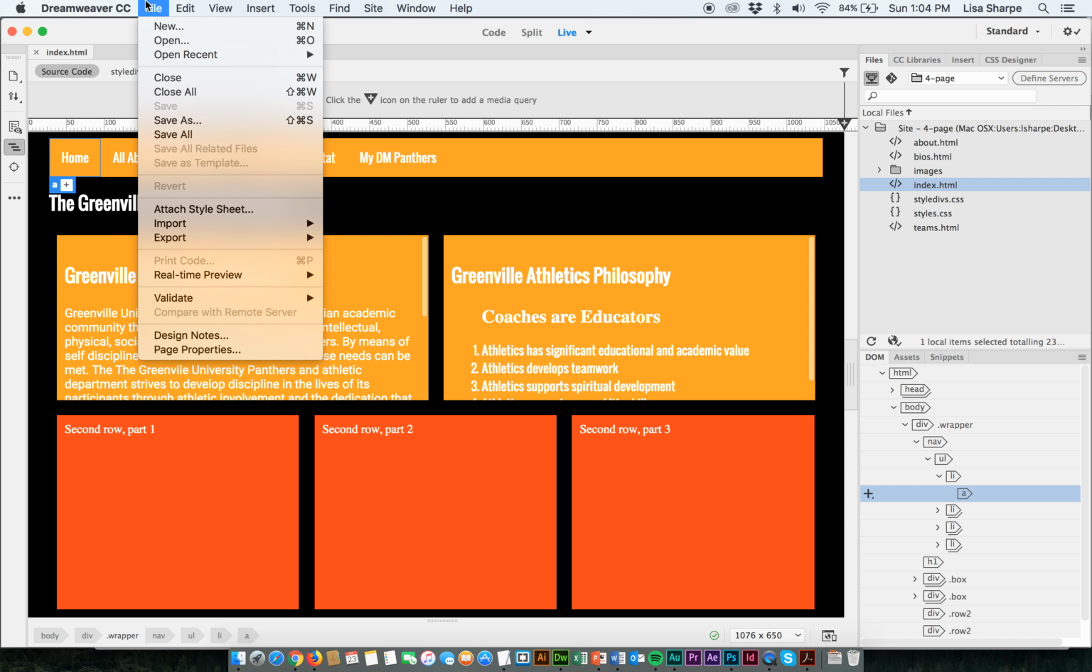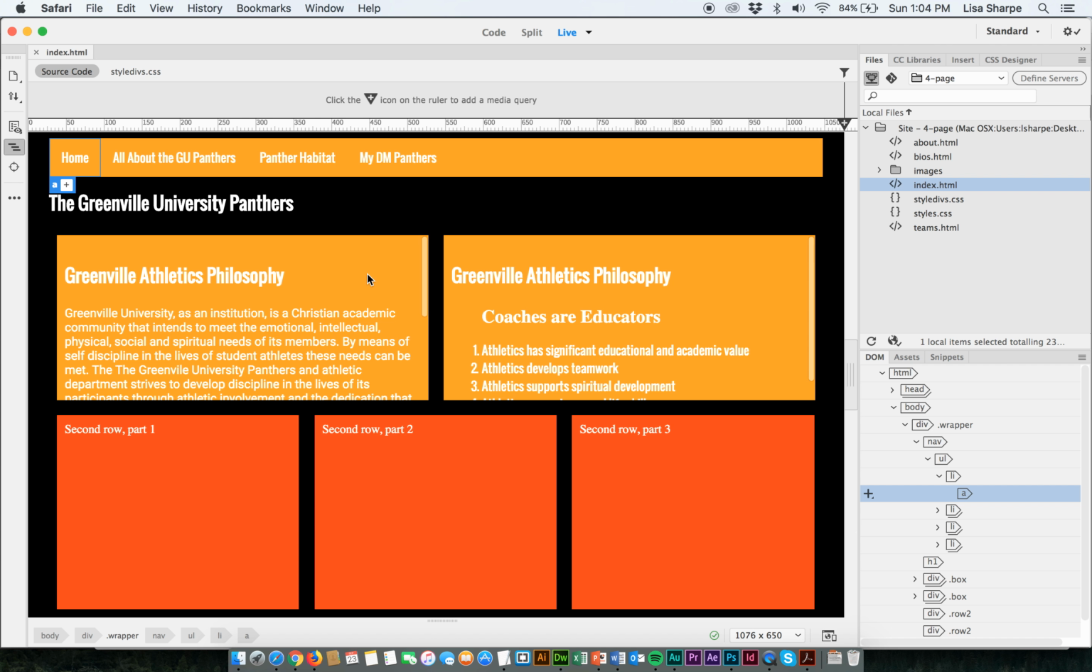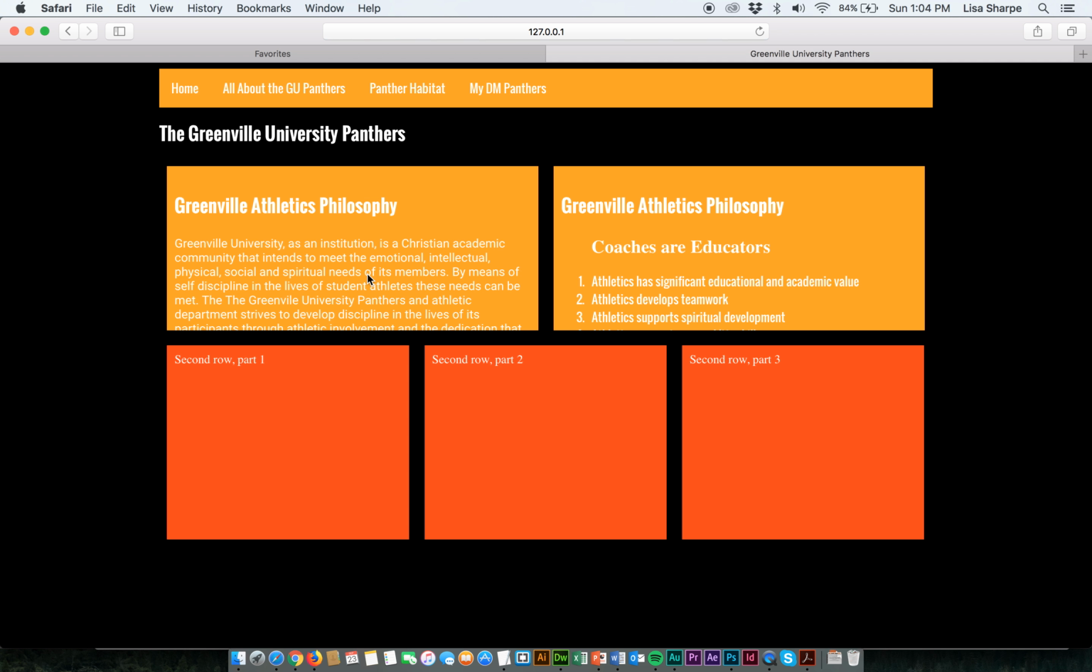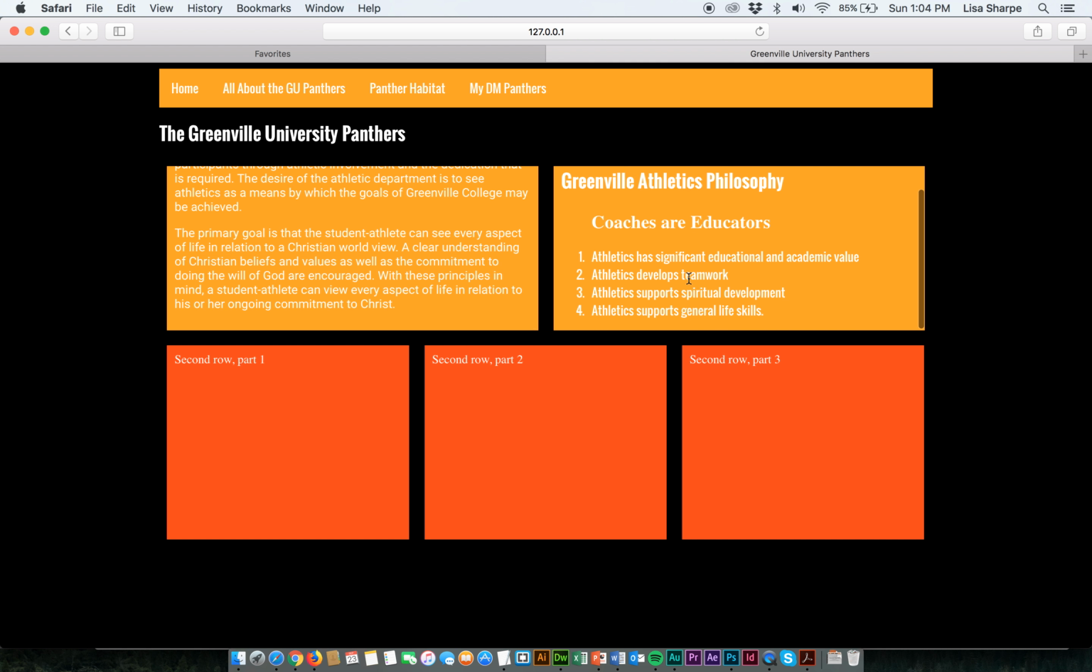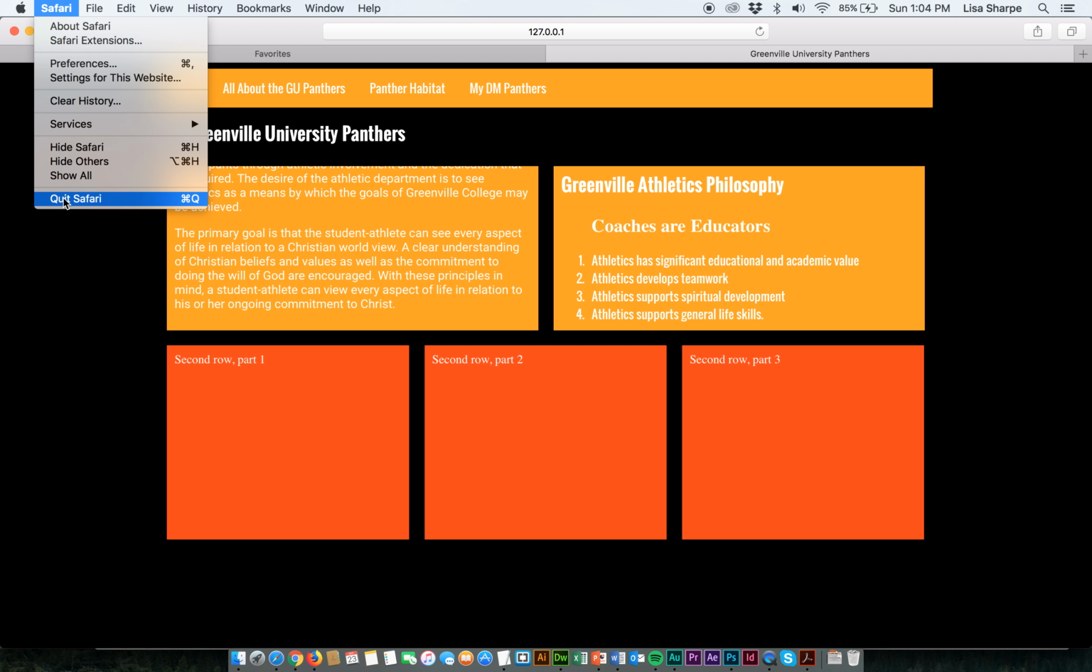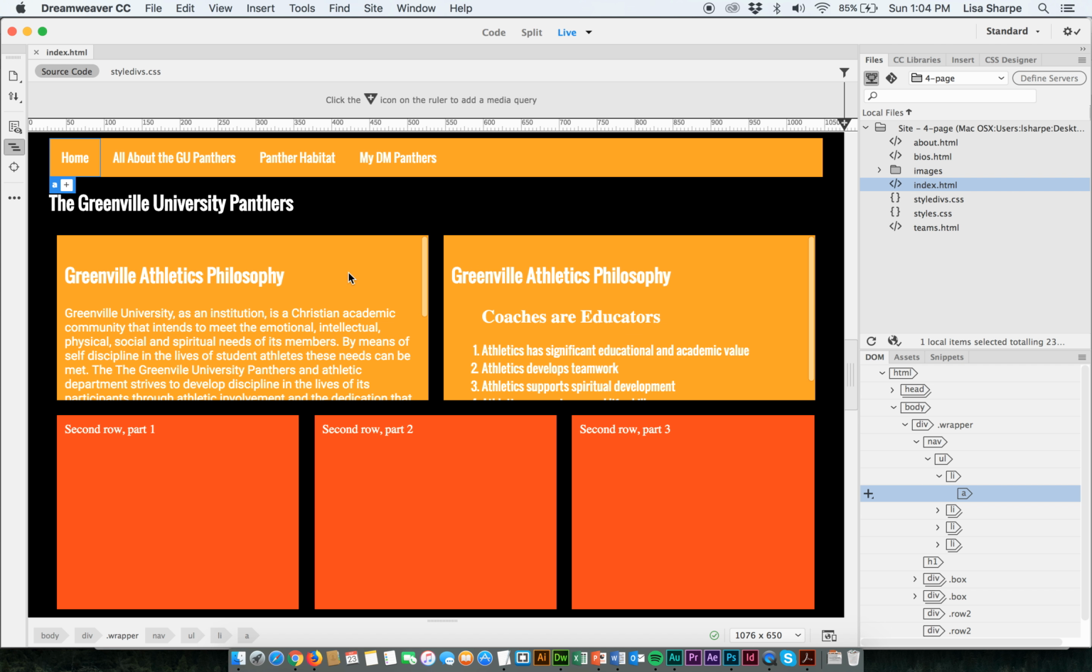One of the advantages of Dreamweaver is rather than having to go through all kinds of machinations to get your page into a browser, we can just do real-time preview and we can choose from any of the browsers that we have right now. So if I want to see how this looks in Safari, I can just go ahead and preview it in Safari. There it is. There's our scroll, etc., etc. Okay, so I'm going to go ahead and quit Safari,